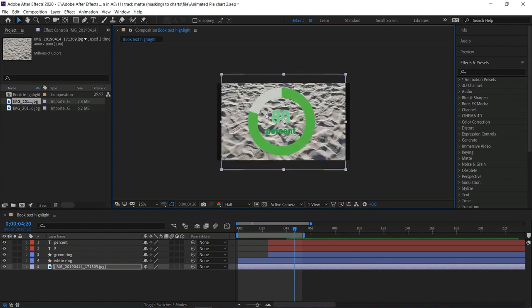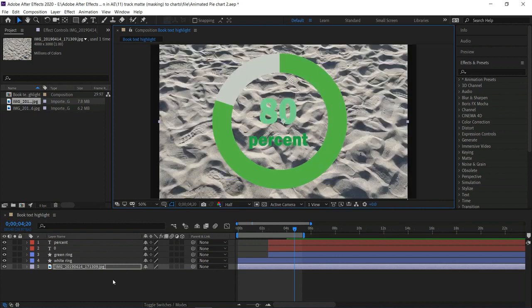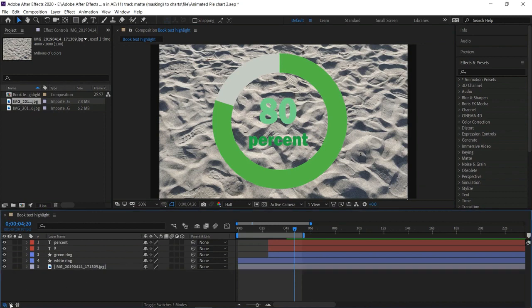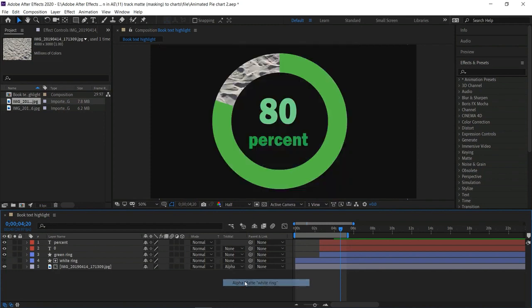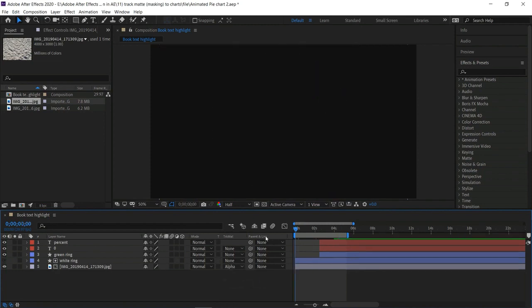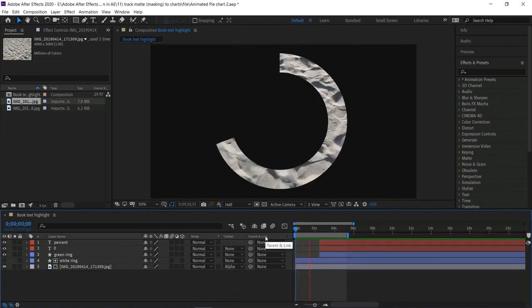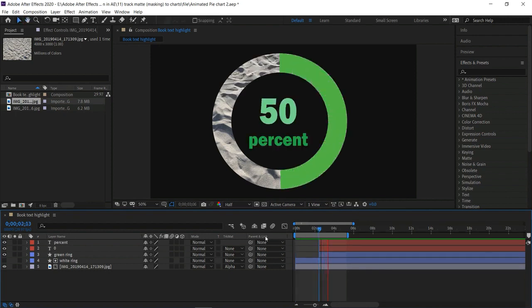Just resize it by simple mouse scroll, or you can zoom in, zoom out. Just open this track matte option from lower side of left side, and select the track matte option, alpha matte to the white ring. So here we want to add an image to the outer ring. So this is the desert, and just do the same thing